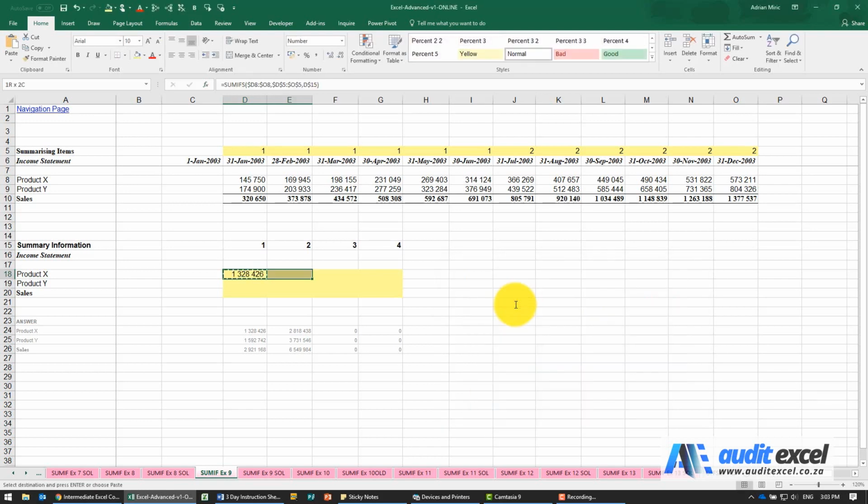When I click OK, I can now copy it across all the way down, and you'll see it's now calculating it. Let's just check this total for the first 6 months, 2921, 2921. The benefit of this now is if someone came to us and said, sorry, I didn't mean I wanted 6 months, I actually wanted quarters. Instead of having to change the formulas, I can just go here and make that 1, 1, 1, 2, 2, 2, 3, 3, 3, 4, 4, 4. And you'll see the report immediately updates itself. So now that is looking for all the ones, so now it's the first quarter.